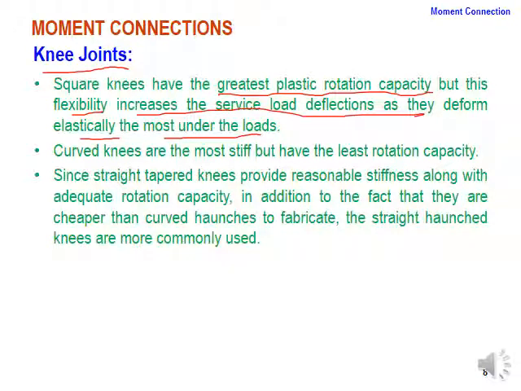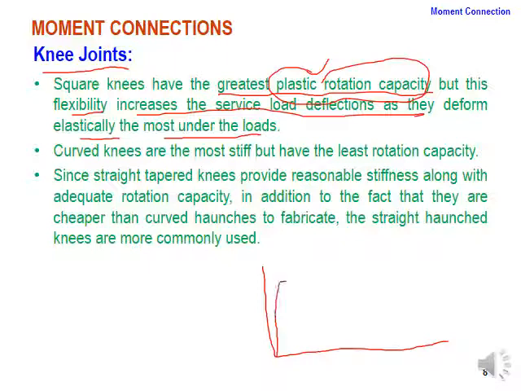Now your square knees give efficiency in terms of plastic rotation capacity. This plastic rotation capacity, what is this? That terminology may be new to you. The plastic rotation capacity is the capacity that we can achieve within the plastic range of the material. Once we draw the stress strain curve for steel, you are well familiar with the shape. You have a yielding elastic limit, then you have the yielding part, and then you have the ultimate, and finally you have a rupture. So your rupture point is less than the ultimate. Okay, so here you have the ultimate strength.